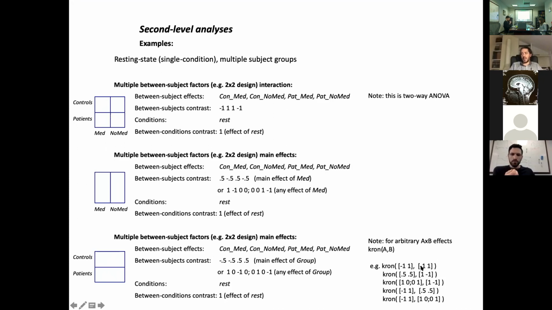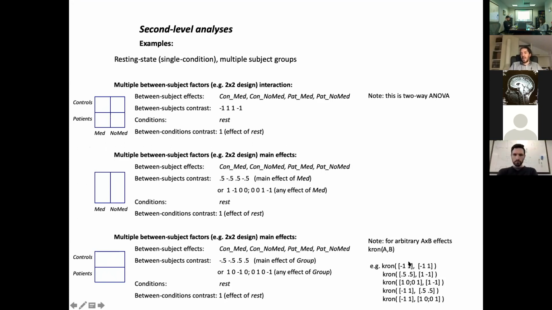So for example, if I just care about the interaction between these 2, that's basically saying that I care about the difference between controls and patients, and in terms of medicated versus non-medicated, I care about the difference between those two. So if I create a Kronecker product of this vector times this vector, that gives me basically this